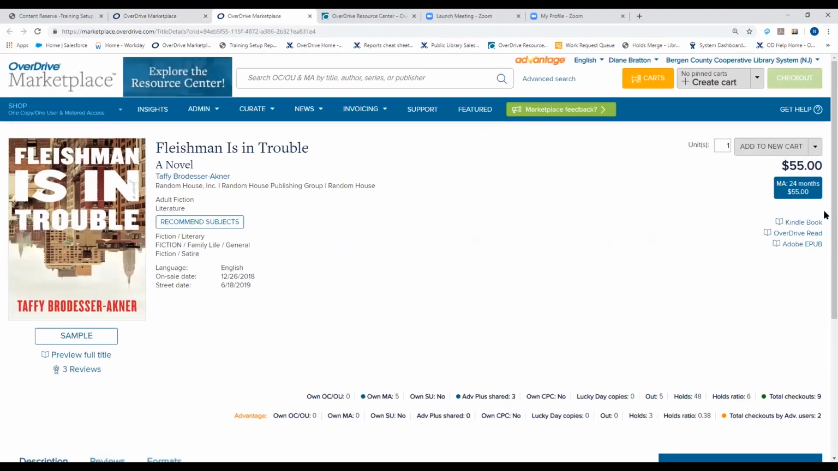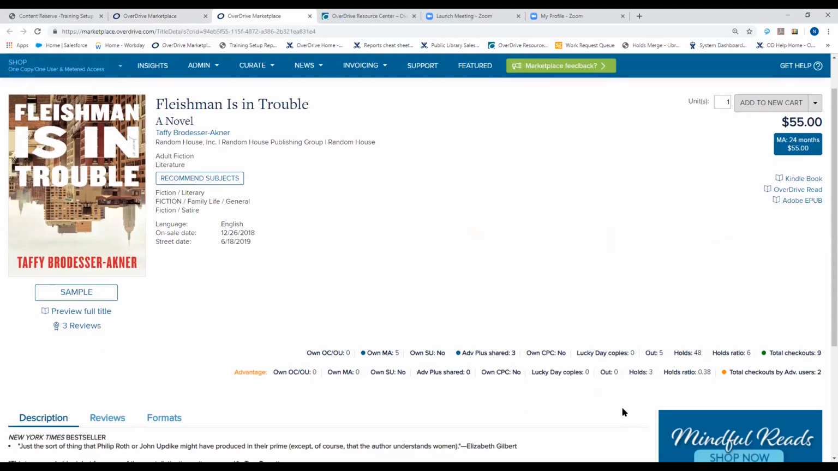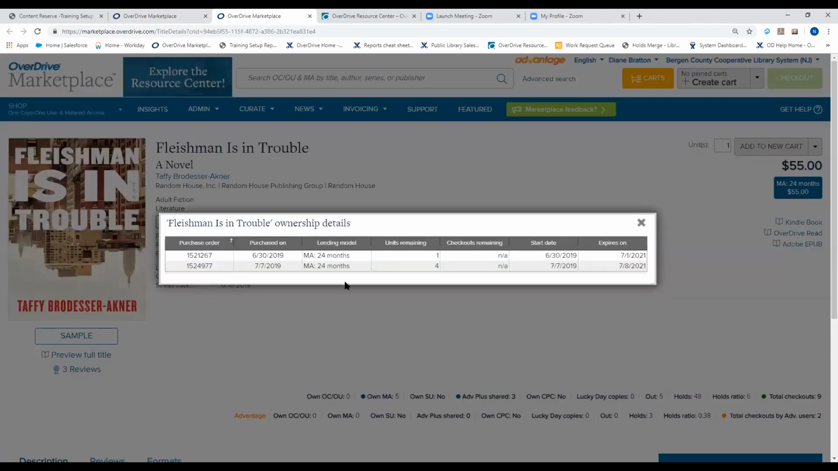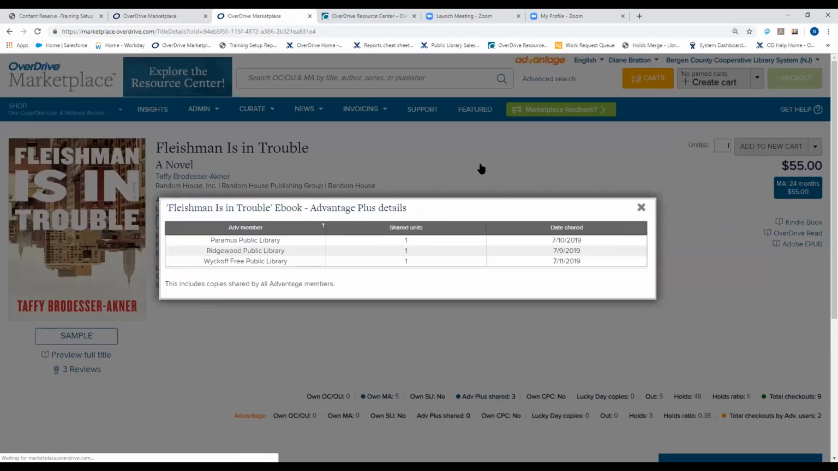So Fleischman is in Trouble is a relatively new book. This is one that I was going to use as an example. I can see that as a Milburn librarian, my patrons have 3 holds on this specific title. There's 48 total holds as far as the consortium goes. The consortium owns 5 metered access titles or copies of this book, and 3 of those are going